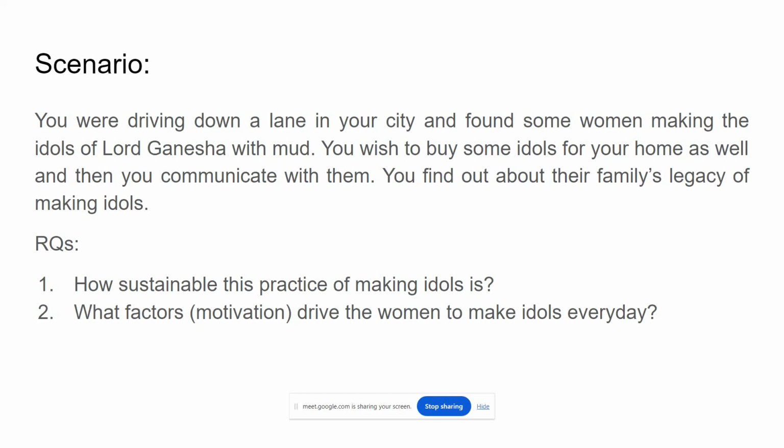Then I'd look into the prominent locations where a majority of the idols will be made, because there is not continuous demand in terms of idols. It's only seasonal. So obviously it cannot be spread across a larger geography. So I'll try to focus on the locations where these idols are being made, and then